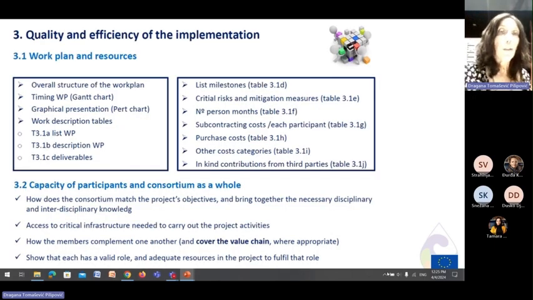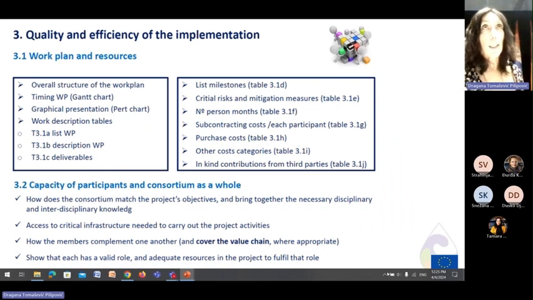All right. Quality and efficiency of implementation. Implementation means that you have to describe in detail how the project will be implemented. And this means describing the actions, describing the timeline, describing all the elements of your project, so the deliverables, the milestones, etc. You have to break down your project in smaller